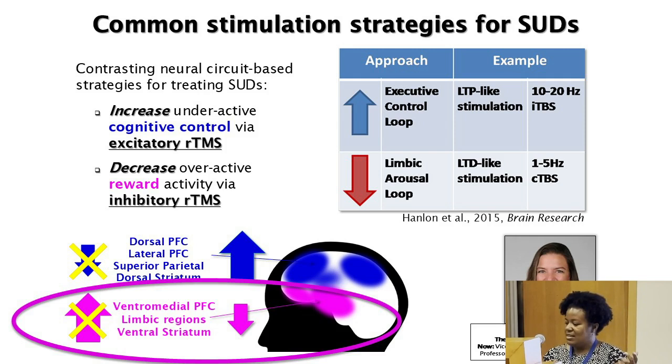And then the other one is the inhibitory component, where reward circuitry tends to be hyperactive, talking a little too much, and very responsive to drug cues, and it precipitates the seeking component of the drug of addiction. And so using a suppressive form of TMS, whether that's continuous theta burst stimulation or low frequency stimulation. And so I'm going to talk about some of the work that I did in Colleen's